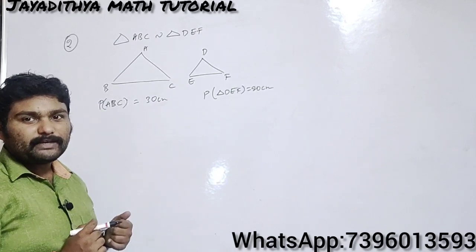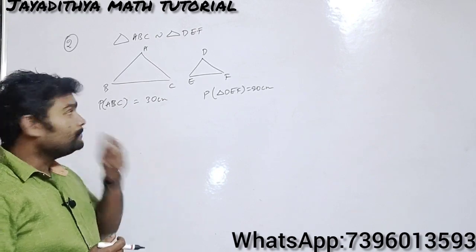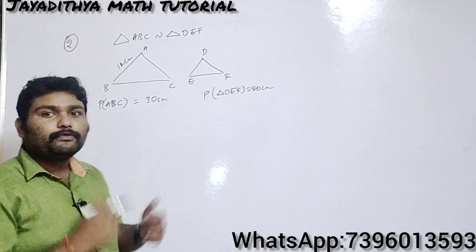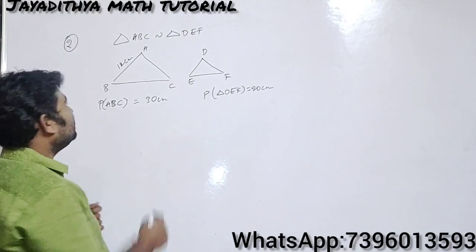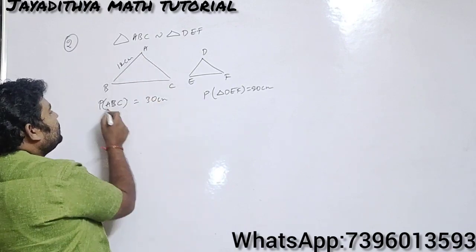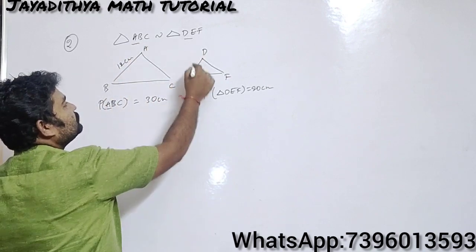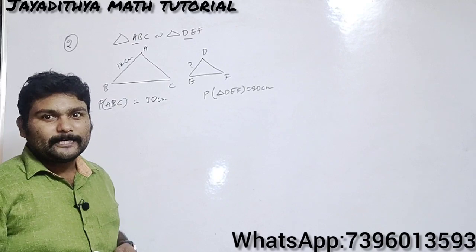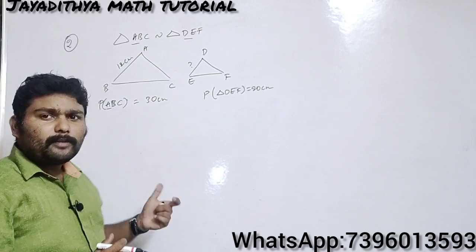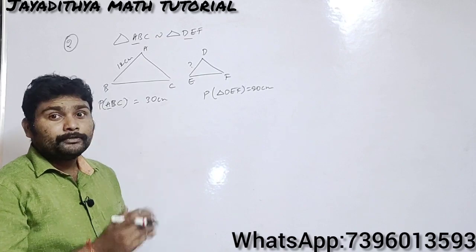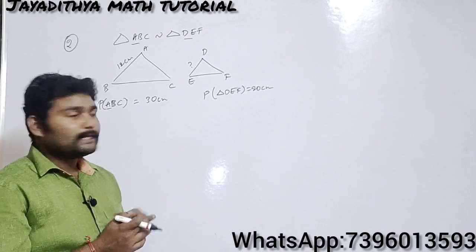And he has told us that one side of the first triangle, what is the first triangle here? Triangle ABC will be the first one, that means the triangle which has 30 centimeters. So one side of the first triangle is 12 centimeters. You need to find the corresponding side of the second triangle here. What will be the corresponding side of AB here? If ABC is similar to DEF, AB's corresponding side will be DE. So you need to find DE here. This is a very important problem. You have seen it many times in your examination. Exercise 8.2 is a very important exercise here.